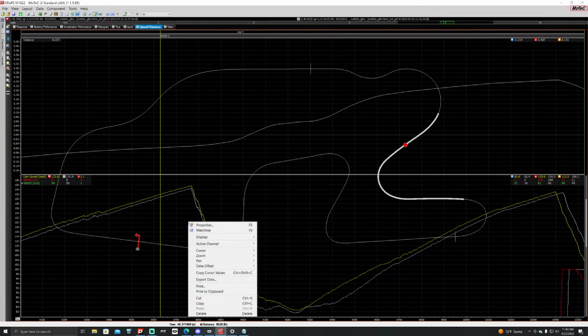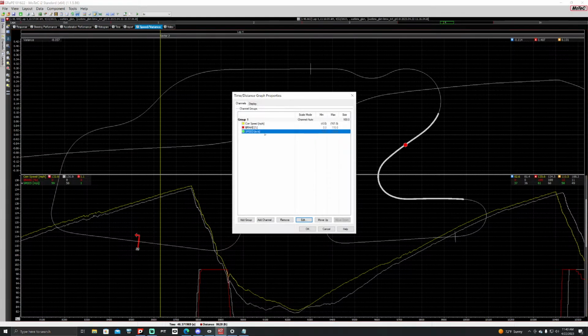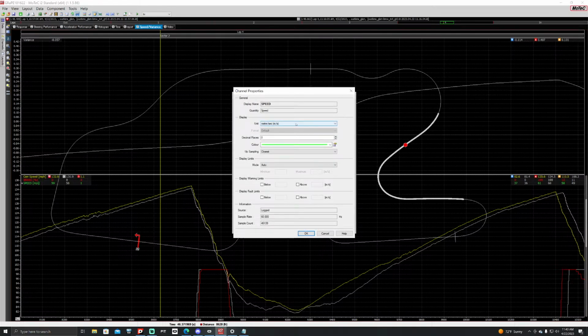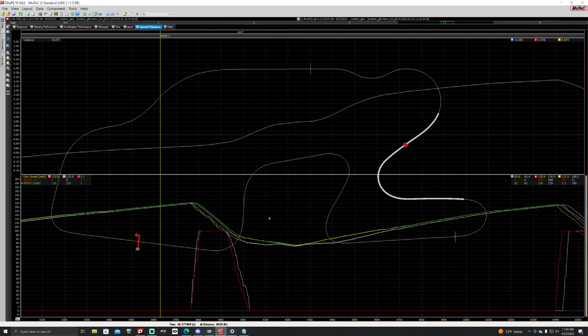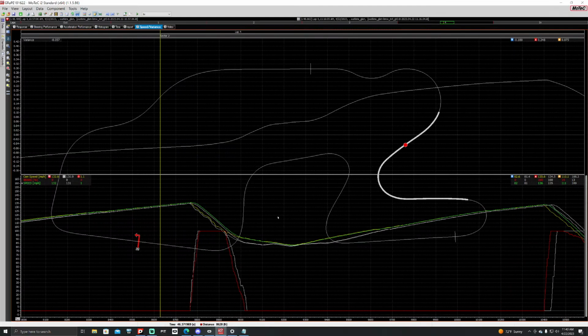That's why I can't see it. The units, yeah, it's in meters and seconds. Meters per second. We're doing miles per hour. Okay, there we go. Okay, so